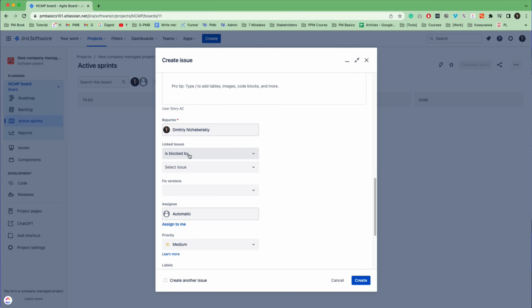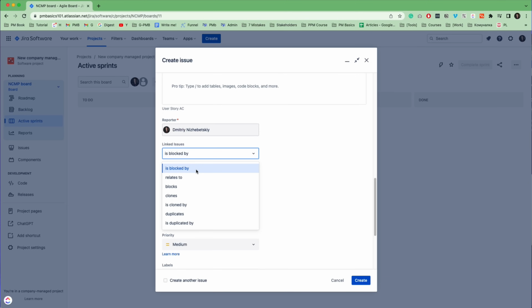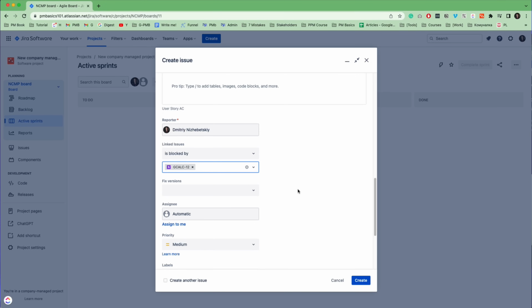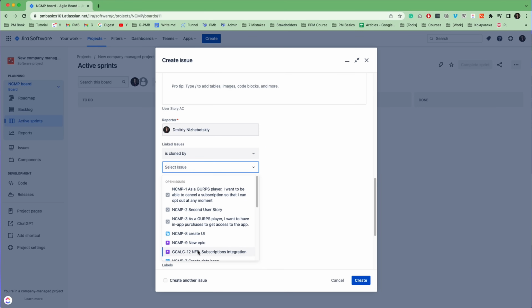Next we have the linked issues section, and unfortunately these fields are often overlooked. However, it's the basic integration of project information. Here are some use cases. You can link to a ticket that blocks you to show that there is a dependency, or you can link two issues as duplication, which will justify closing one of them without doing any work.